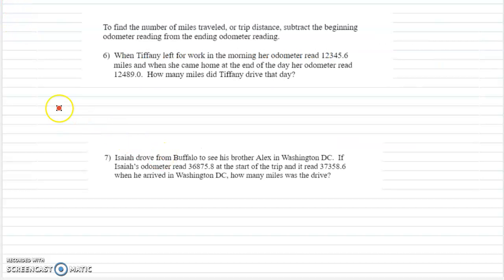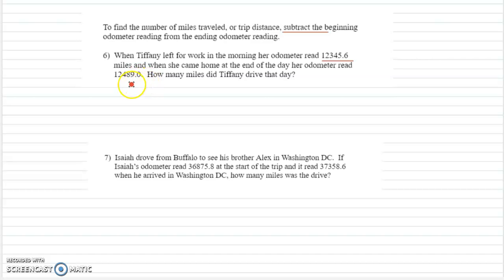The last type of question that we're going to look at for today is when you're given your odometer reading. So your odometer just keeps track of how many miles you've driven in your car. If you have 2 different readings and you want to figure out how far you drove in a day, you can just take a look at your starting reading and your ending reading, and all you have to do is subtract them. So it says when Tiffany left for work in the morning, her odometer read